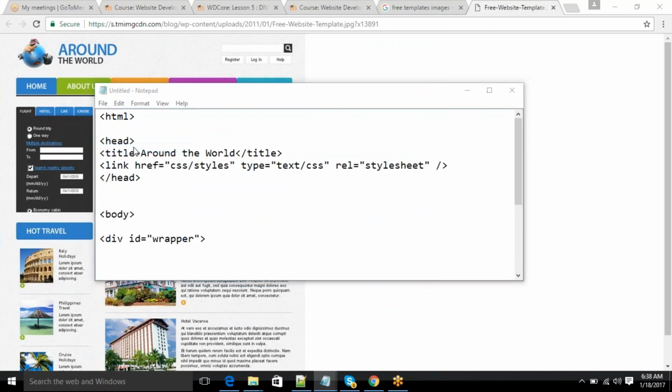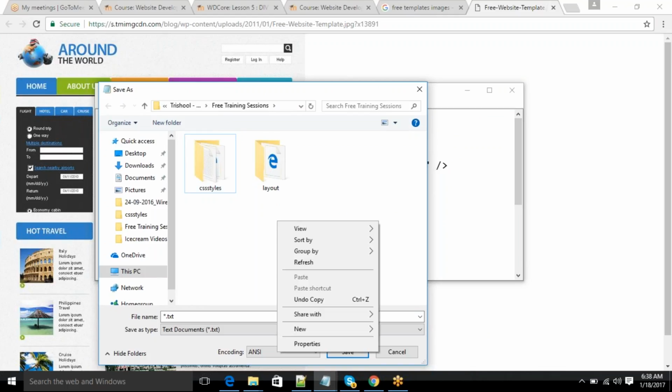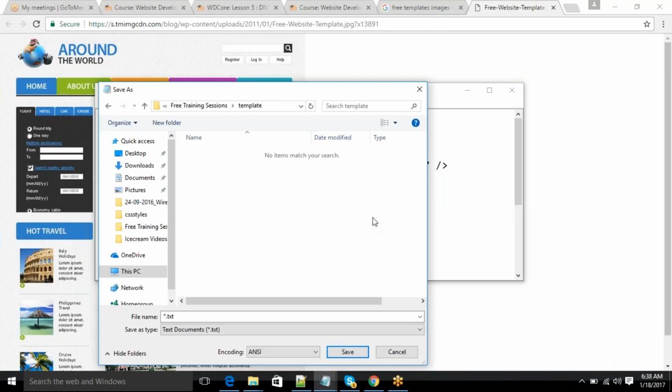Alt F, save as, free training sessions again. Let's take a folder, inside the folder. What is the folder? I'll say template. Now all files, index.html. So whatever the